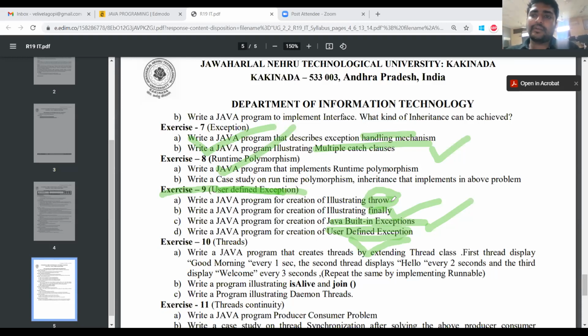That means public static void main(String[] args) throws IOException. If you want this method to throw the exception, we use the keyword throws IOException. Within the method, if you want to throw the exception, we use the keyword throw.